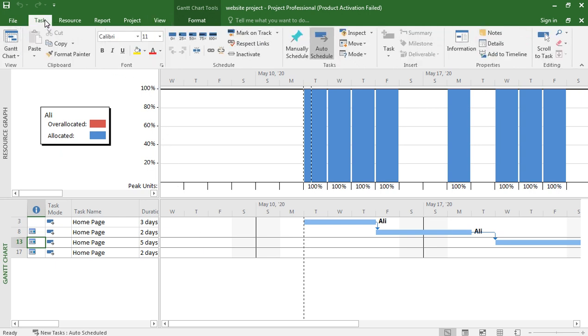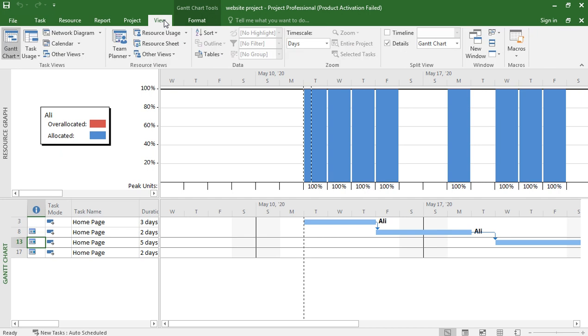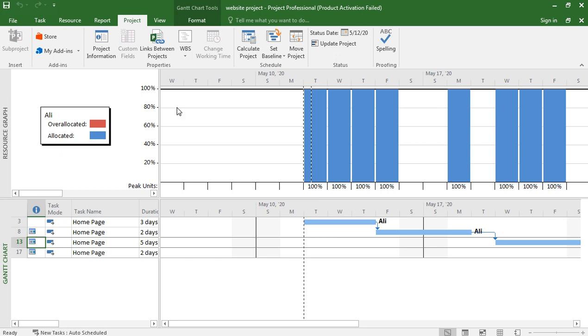And if you see Gantt chart view, this is the Gantt chart, right? And view is reset to default. So this is about the task, and this was all about MS Project.